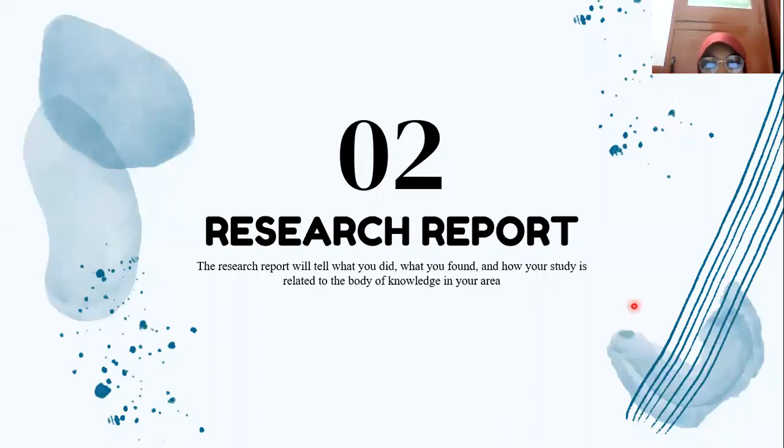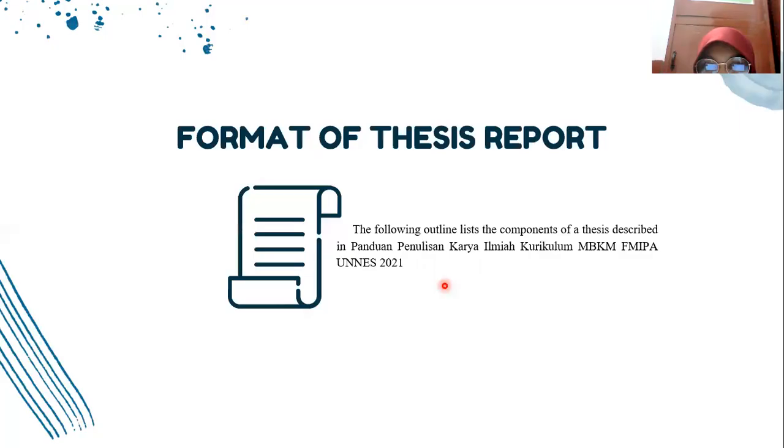Okay, the second is about research report. The research report will tell what you did, what you found, and how your study is related to the body of knowledge in your area. The research report will tell you about what you found, and then in the format of the research report, or in here about thesis report, we follow